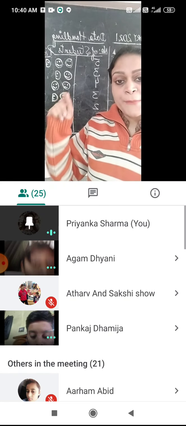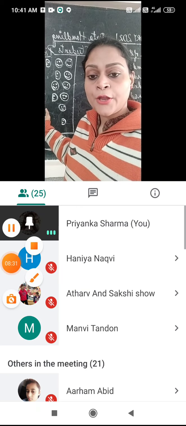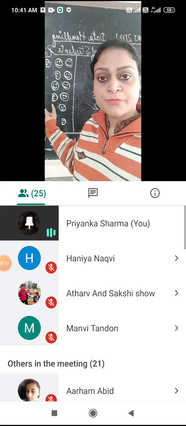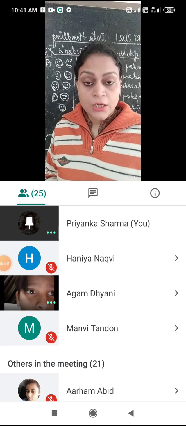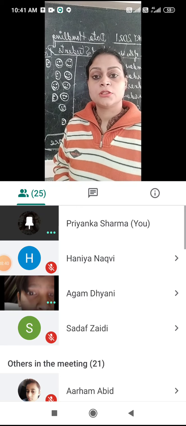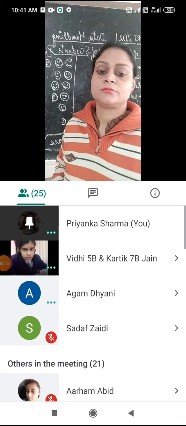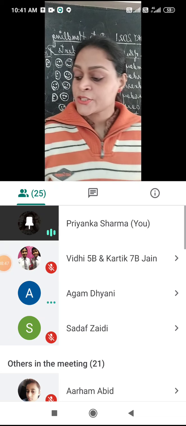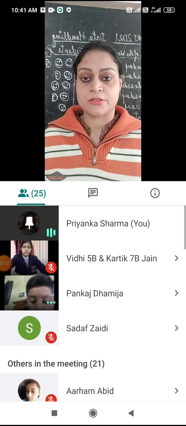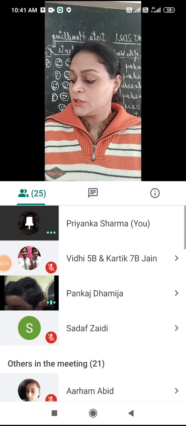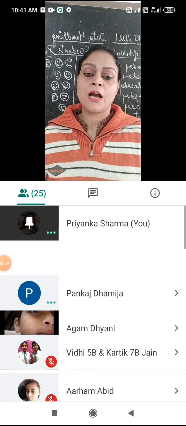Have you all made this pictograph in the book with pencil? I hope you all have made this pictograph in the book. Okay. Now, come on to the next question. Question number 8. What is the next question? The next question again, subjects are given. Look at the chart of question number 8. Subjects are given and marks scored are given.